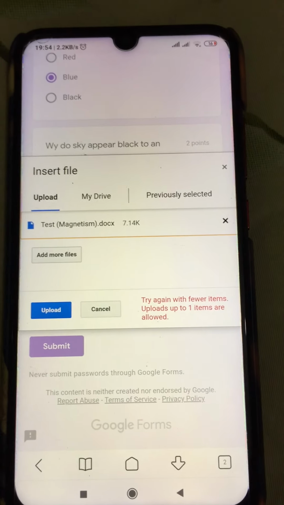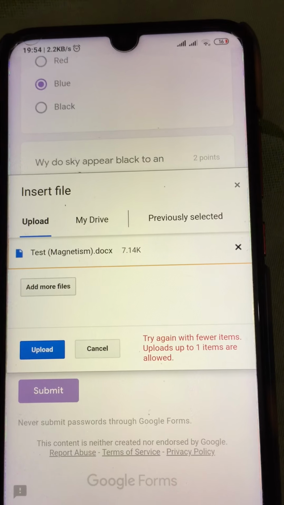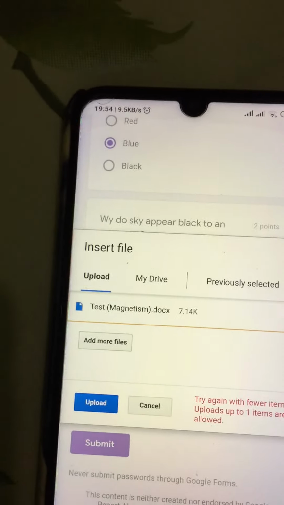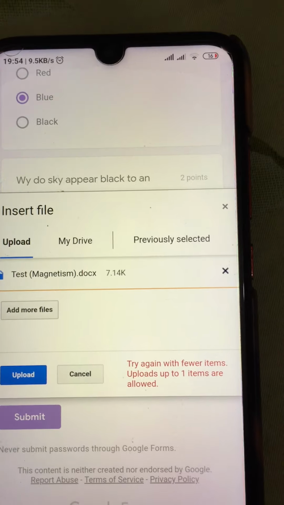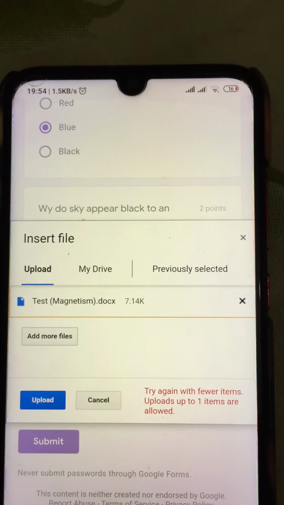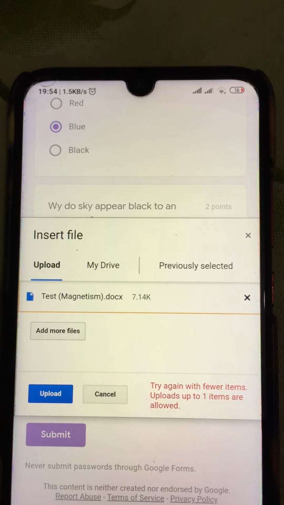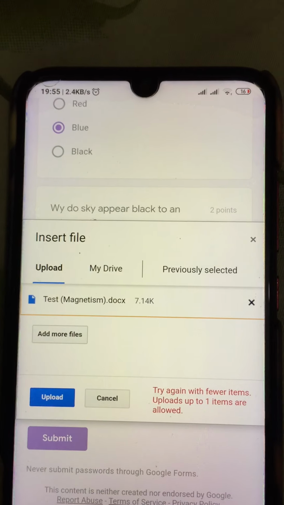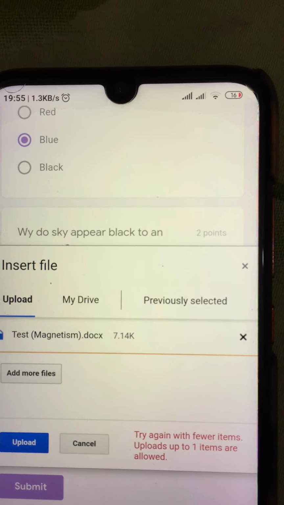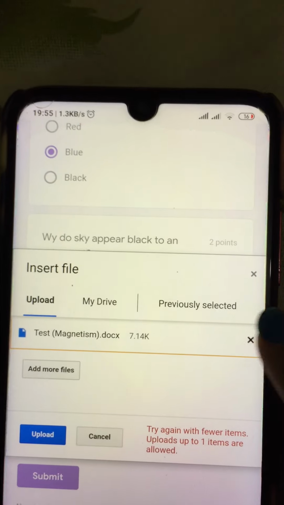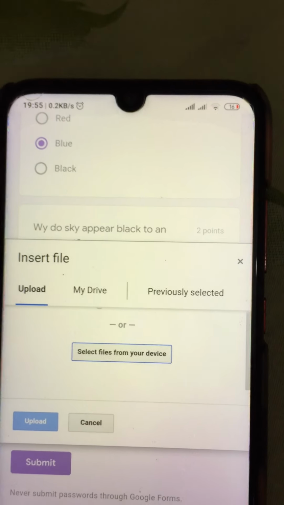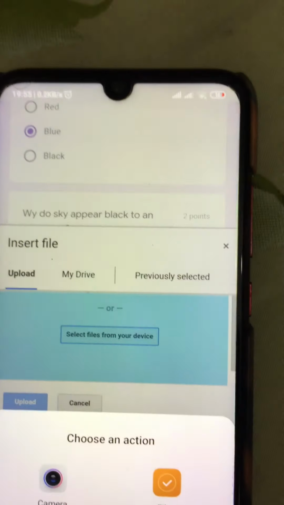Okay, so here it says try again with fewer items. Uploads up to 1 item are allowed, and the size of the file is big. Okay, so here you have already added this file. If you want to add through camera, I'll try like this. I have deleted this file. Okay, now I can again select the files.